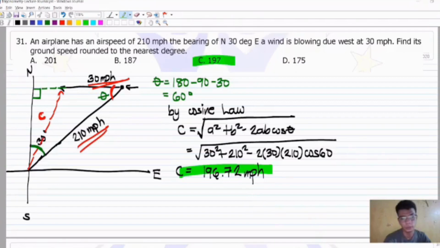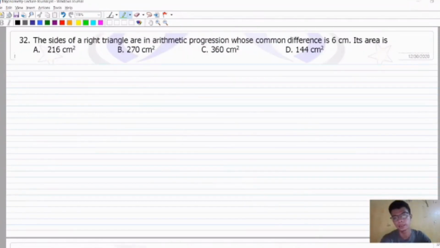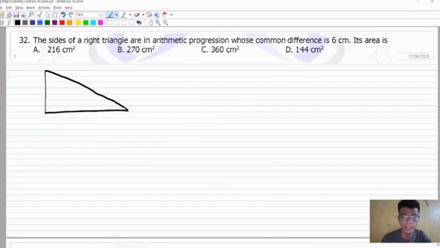Number 32. The sides of a right triangle are in arithmetic progression whose common difference is 6 centimeters. What is its area? So, drawing muna natin yung ating right triangle. So, let's say na ito siya. And this is our right triangle,